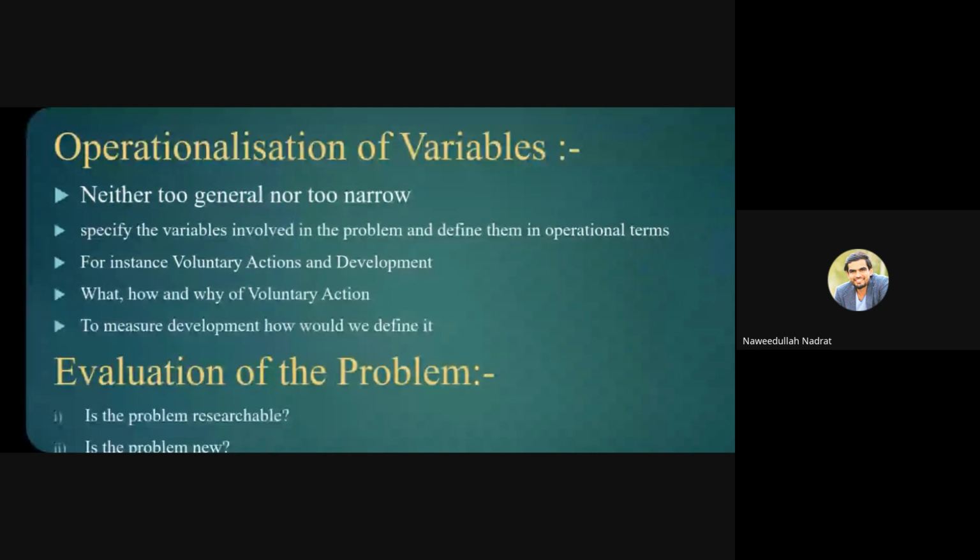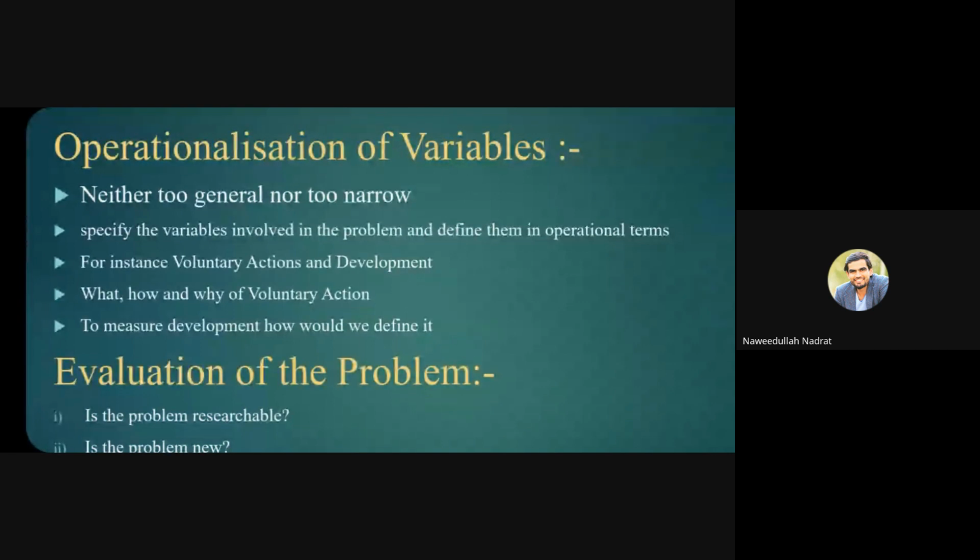Okay, so again, agriculture is a very wide term. What kind of agriculture? For instance, agriculture related to those cash crops. So it has to be specified. That means operationalization of variables is basically